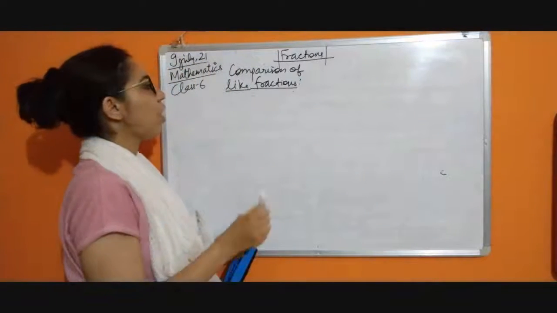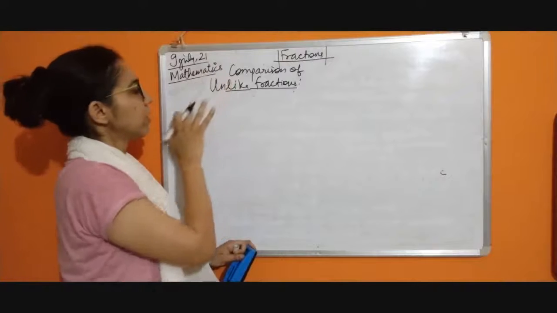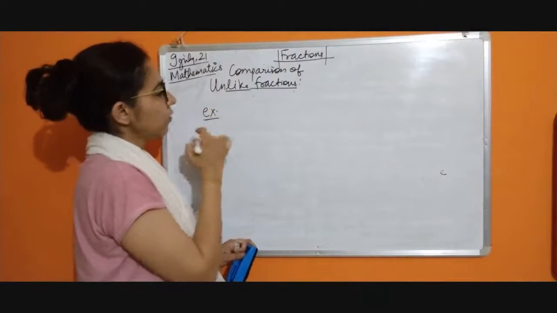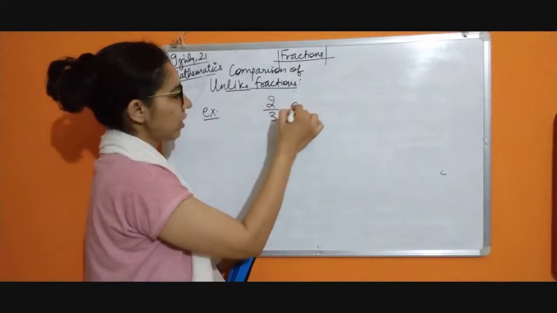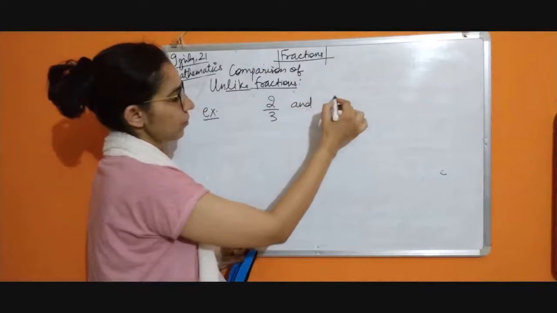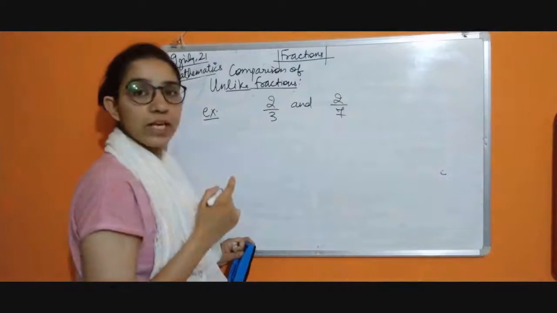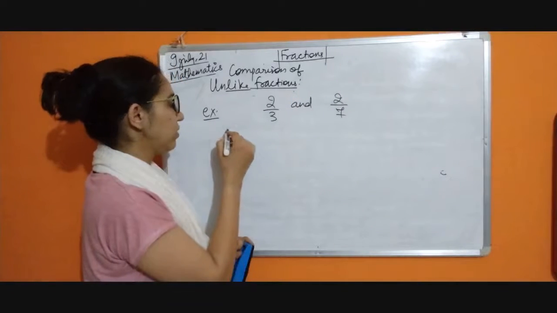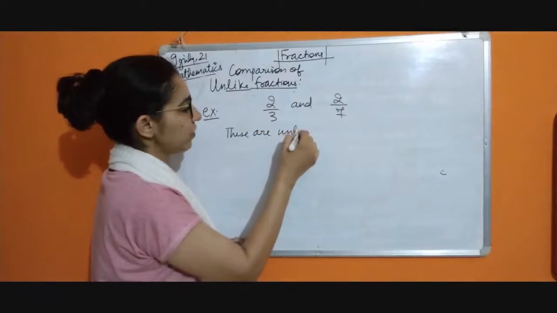So, comparison of unlike fractions. We are going to take one example. Suppose we have unlike fractions 2 by 3 and maybe 2 by 7. This is a type of unlike fraction in which the numerator is the same. So these are unlike fractions